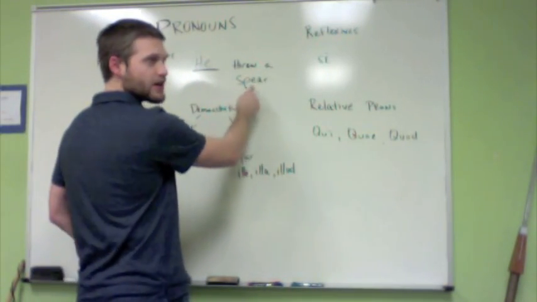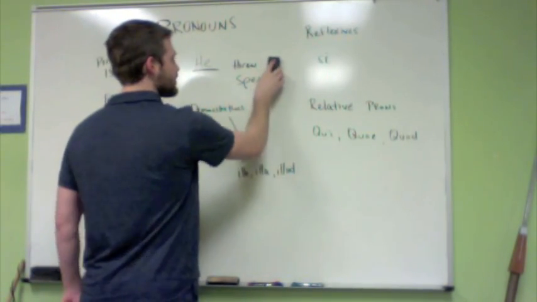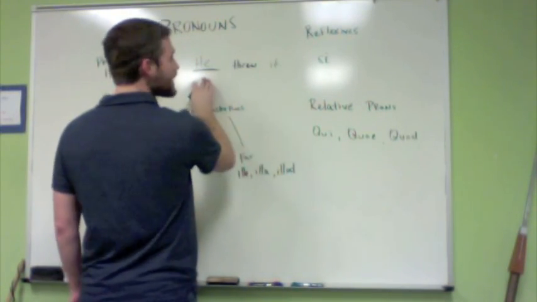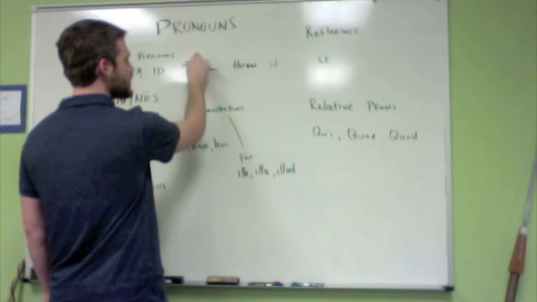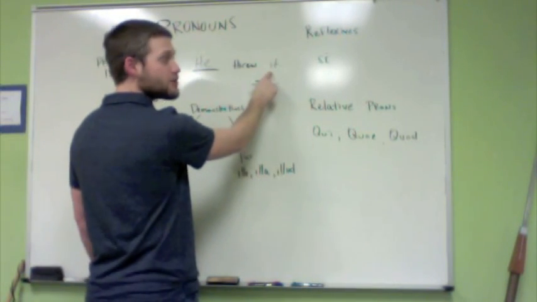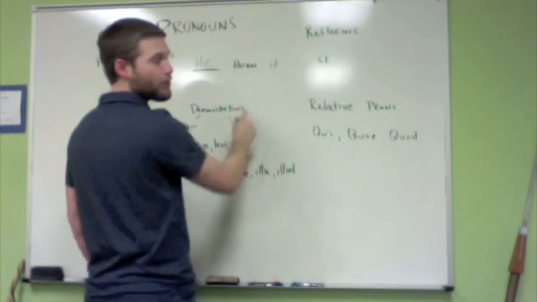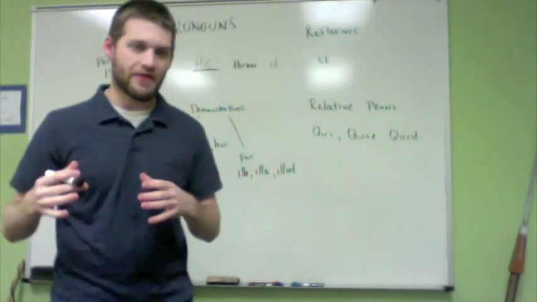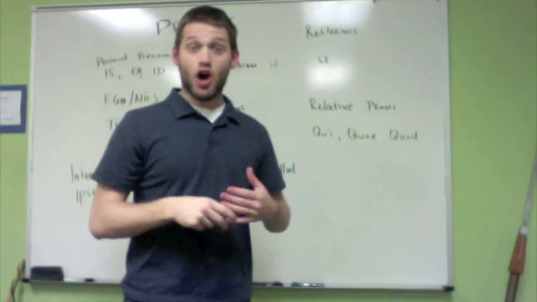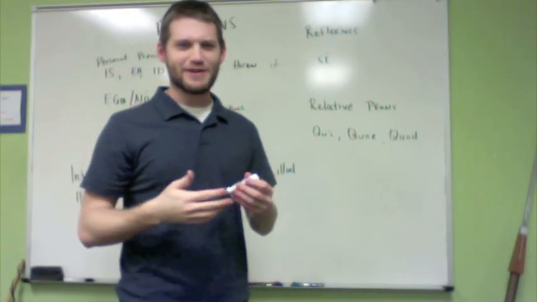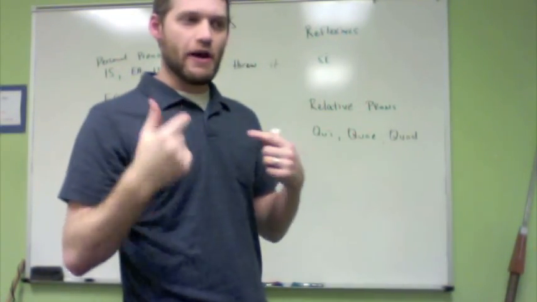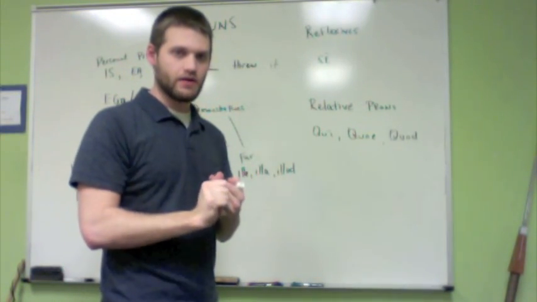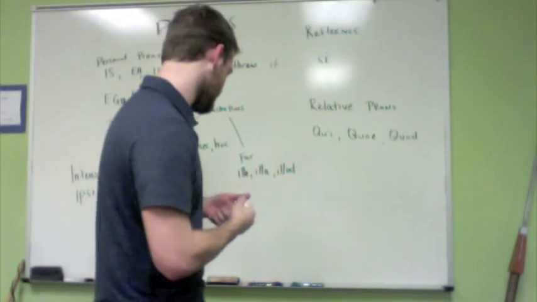He threw a spear. He threw it. So now we've replaced Johnny with the masculine singular pronoun and a spear with the singular neuter pronoun. Okay, and if you don't get that, take a second and think about that. Think about maybe a song or a painting, or painting probably doesn't work, but anyway, your day, and think about some pronouns and how you interchange those, how they always match in number and gender. Okay, and once you've got that, you're ready to go on to the Latin idea.